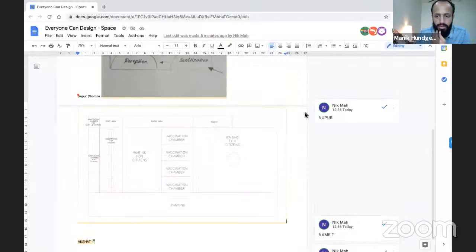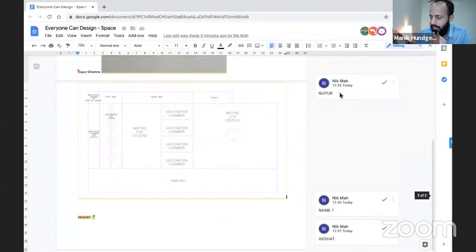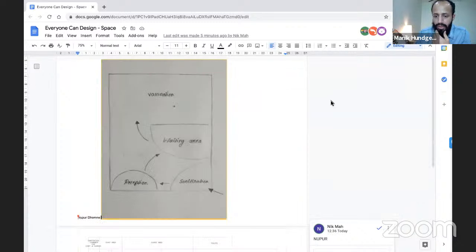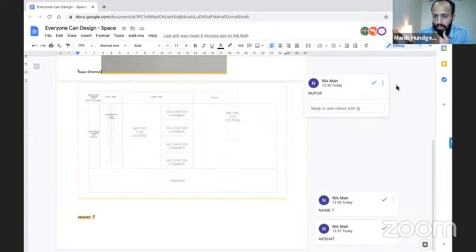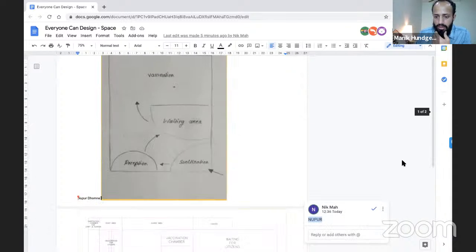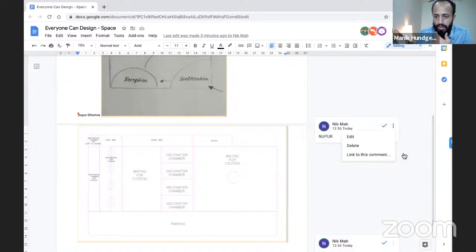Do we have any more submissions? I think everyone is done. I'm just going to share the screen. As you can see on the screen, there are the names which are there as comments. Just go to the comments and you can reply on these. Mine is showing as edit, but you should be able to reply to this. So you can just put your coins there. You have 10 points that you're distributing, so you can put your points.